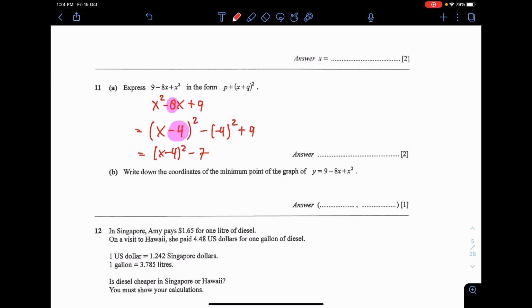Write down the coordinates of the turning point or the minimum point. Now for the turning point, you have to let the content of your bracket be 0. Then you get x equals 4. I'm actually talking about the expression from part A, because part A and part B are the same expression. You take the completed square form, the bracket equal to 0, you get x equals 4. Use this number, put into the equation of y. Then you get 4 minus 4 bracket squared minus 7. You get negative 7.